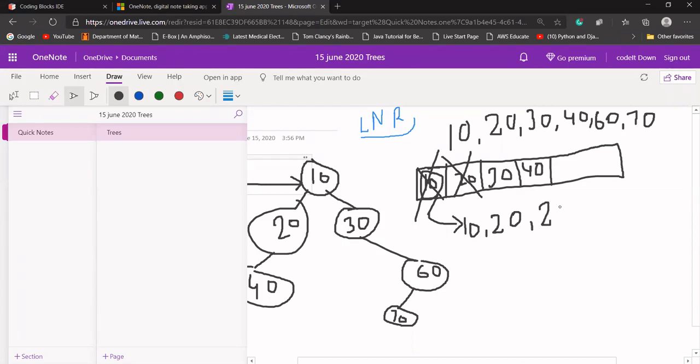So again, our queue is not empty. Okay. Now 30 comes, so I'm going to print 30 and pop 30. And again, if its left or right exists, push that data into our queue. Does 30's left exist? No. Does 30's right exist? Yes, it is node 60.